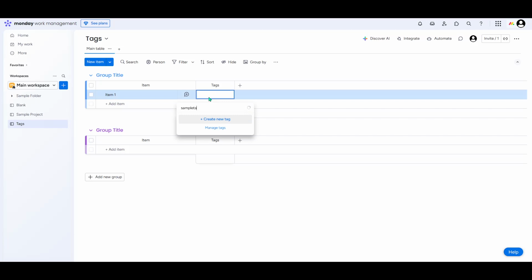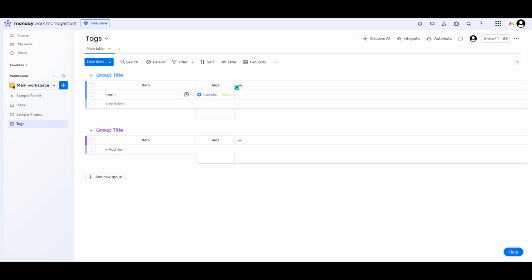It's that simple. With the tags column in place, you can start adding tags to your items or rows. These tags act like labels that you can customize to suit the needs of your project, whether you're categorizing by status, type, project phase, or anything else that fits your workflow. As you assign tags, imagine being able to conveniently group related items together across your workspace, making it remarkably easy